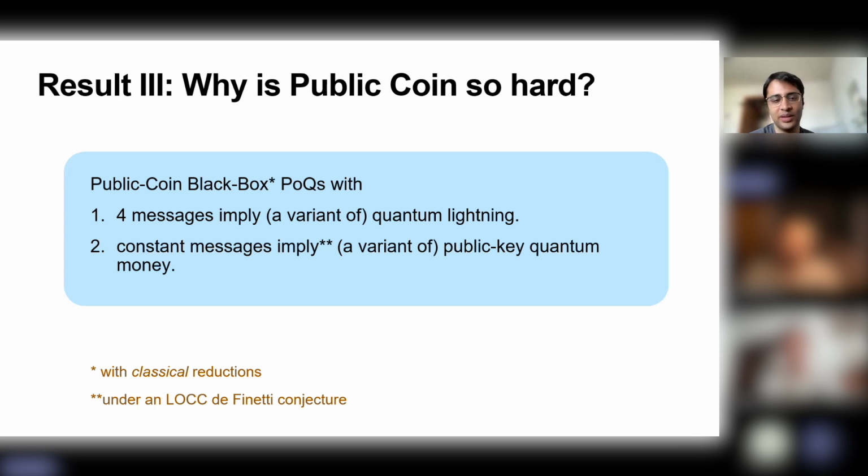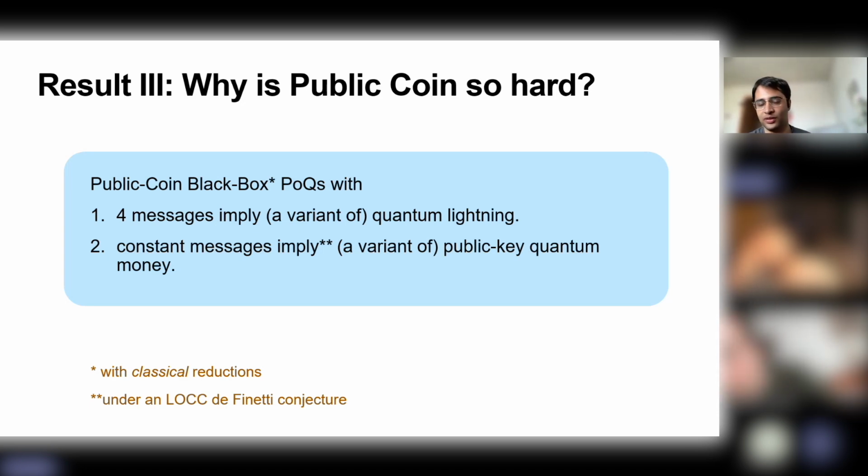So why is that? Well, we have some explanation. Suppose you have public coin black box proofs of quantumness, here only with classical reductions. Then 4-message versions will imply some variant of quantum lightning. So again, strong forms of unclonability that we don't know how to build. And even if you have constant messages, like more than 4 messages, this implies, again, a variant of public key quantum money. So again, strong forms of unclonability that we don't know how to build. We only know how to build these with IO, and we don't know how to build post-quantum IO. So that is why these are still